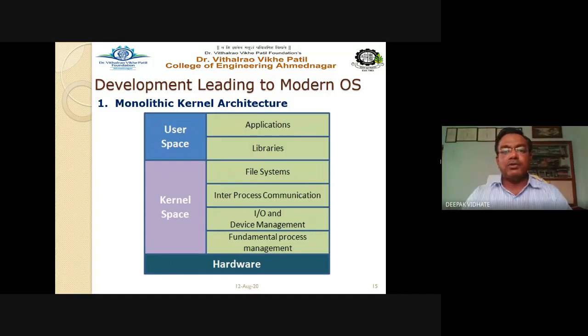So, a kernel can be developed in two or three different types. One is the monolithic kernel, another is the microkernel, and another is the virtual machine. So you can organize your kernel program in such a way that you can have different variations in the operating system. Monolithic kernel architecture means you can see in the diagram that kernel space is there and